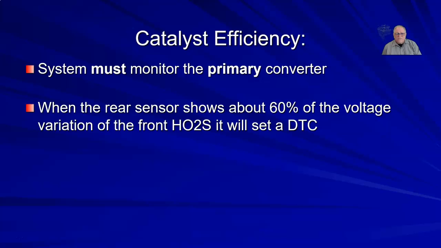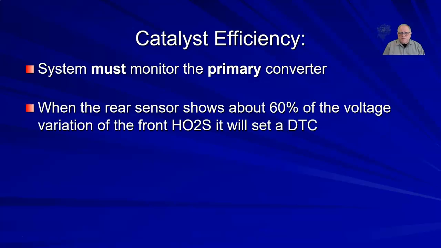If you have a catalytic converter that's good, that's lit off, the oxygen sensor behind the catalytic converter should be showing a steady voltage greater than 450 millivolts. When the engine is running at stoich, there's going to be about 2% oxygen left over. And that's where the oxygen sensor is going to be switching back and forth as we go slightly lean, slightly rich, slightly lean, slightly rich. The oxygen content behind the catalytic converter is going to be between 0.5 and 1%. To an oxygen sensor, that's going to appear as a rich condition, so we're going to see a steady voltage